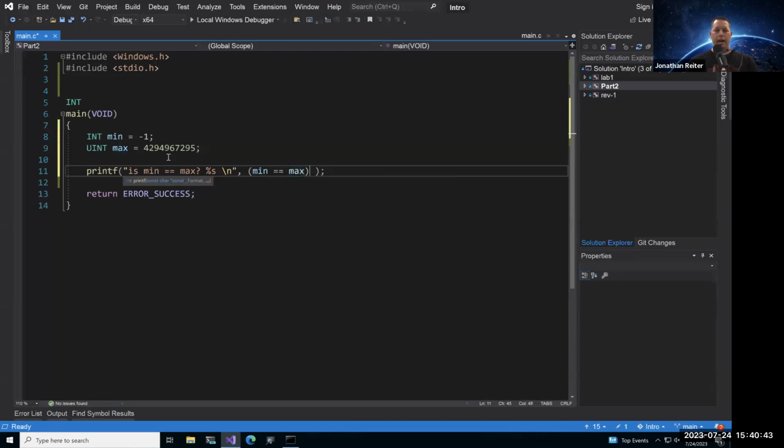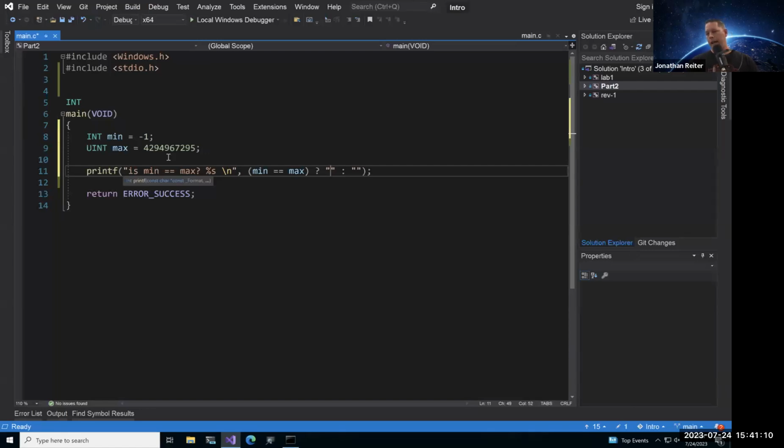And for this ternary operator to work, I do the question mark. So a question mark, then a string, then a colon, and then a string. This is the format for these operators. The reason why I'm using strings is because I have the %s inside of the format string, so that's what's going to be going there.